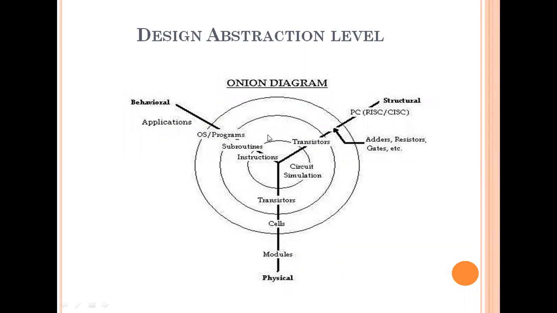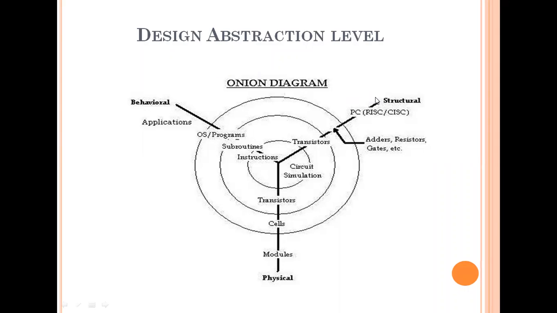Whenever we have to reduce the size of the chip by scaling down the transistors, that is where the abstraction levels come in. As in digital circuits, we know the Boolean expression, and by using different techniques we can do abstraction of the digital circuits, right? Here we will understand what is called a Y chart. In this Y chart, we get three major levels, and these are also the abstraction levels for any design.